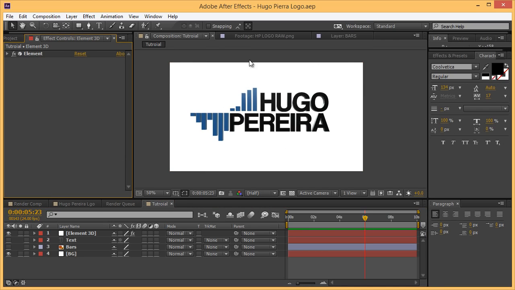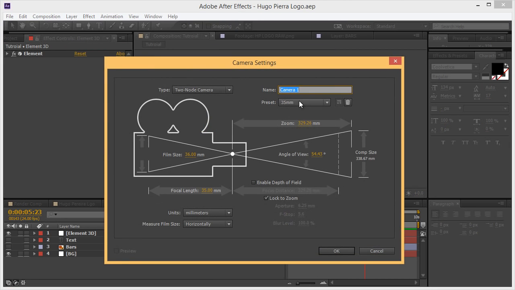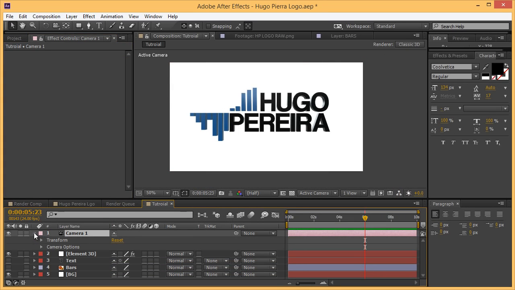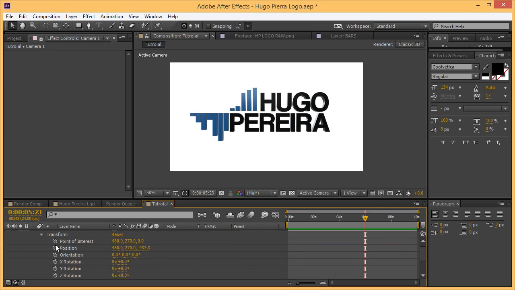So that's how we set up the actual layers. Now we'll add a really quick camera move. We'll come to Layer, New, and add a camera. I like to use 35mm most of the time. We'll come down in the options to the transform properties, select position and point of interest, and keyframe those at the 6-second